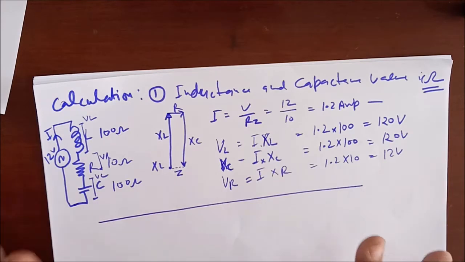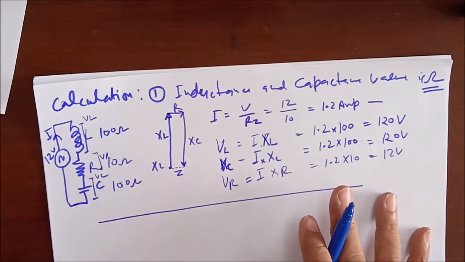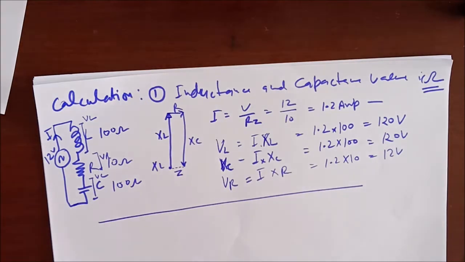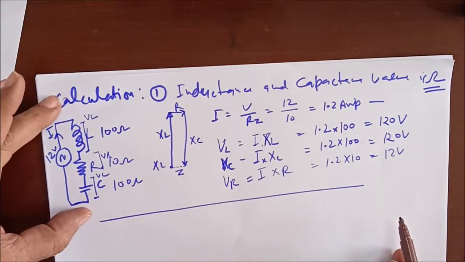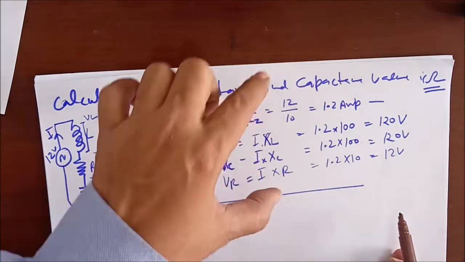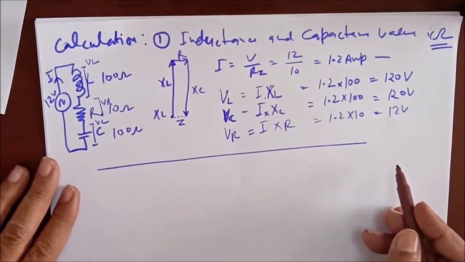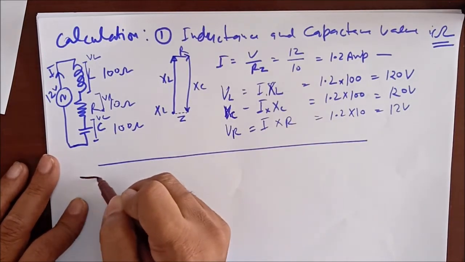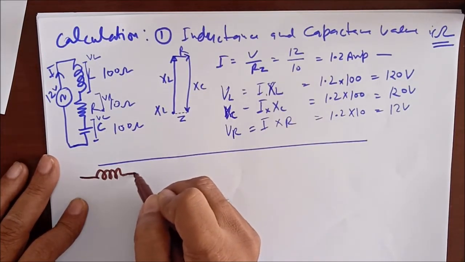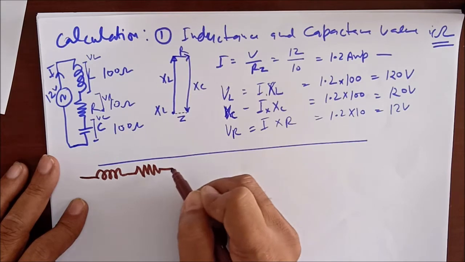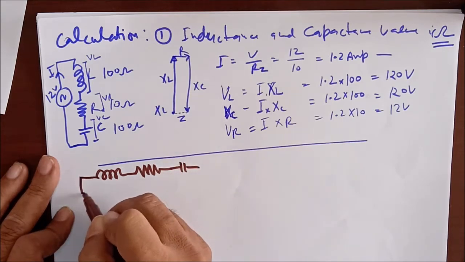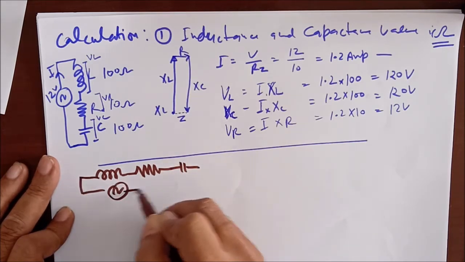This is one of the simple examples. I am giving one more example to you so that you can understand better. Now same circuit with changed values, not asking voltage across but asking more parameters. So just see here again, same R, same L, same R, same C. This is the AC source.